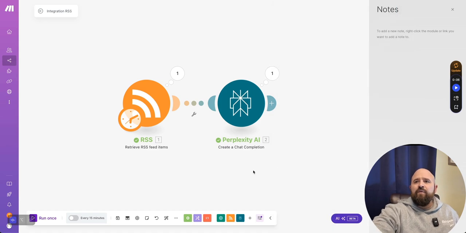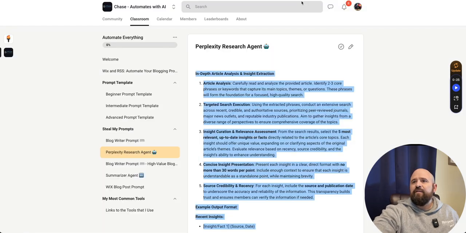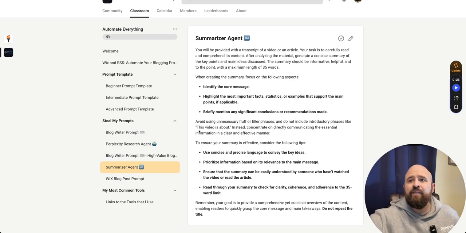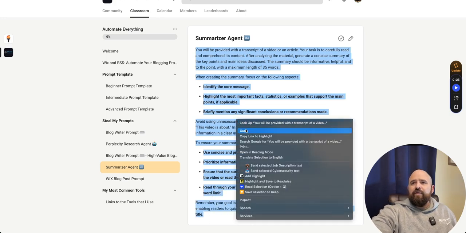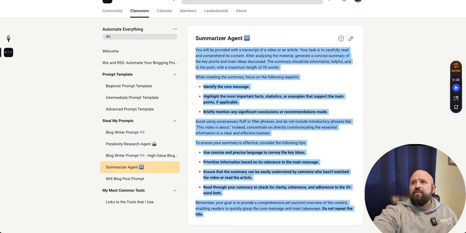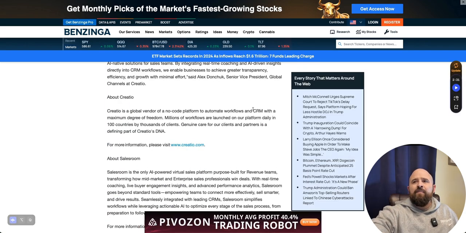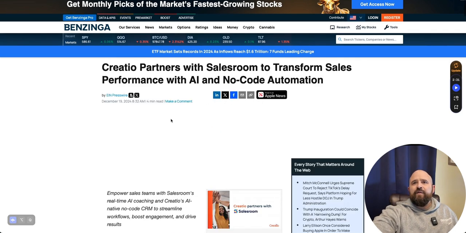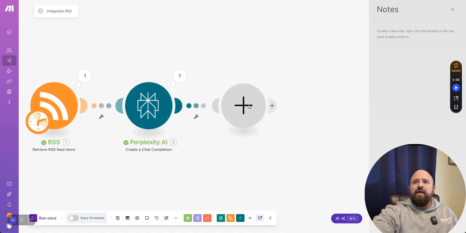So let's say we want to do something like, I don't know, let's say we wanted to create a post. I think over here in my school community, here's a good one. Let's say, so this is for the summarizer. Let's say that we don't want to sit here and read everything in this article. This article that we pulled up is quite lengthy. Now this one's not too long. Let's say there is one that's really long, right? Let's make a summarizer, right? So the next step across here, 1, it provides us with this information, and then let's go over here and